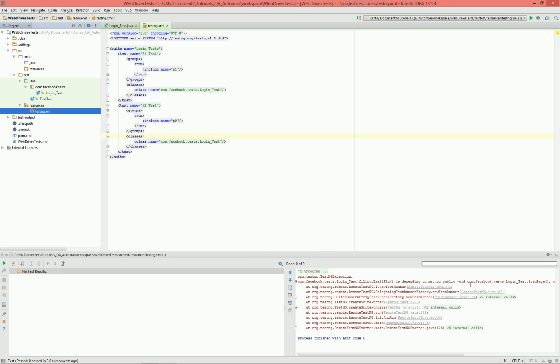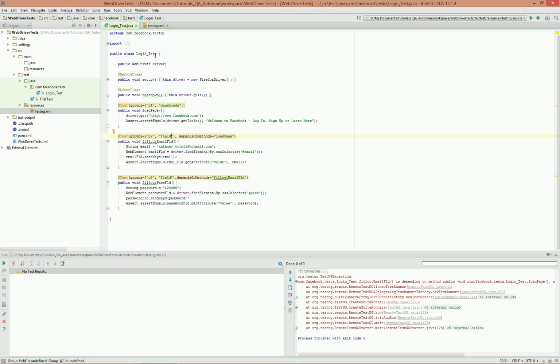Oh, okay, so we're running into a bit of an issue, and I'll explain what the issue is here. When you're running a specific test, it will rely on other things. For example, we have P1 for load page. Well, it needs to run before class, right? We need to set up our driver, which is important. With P2, we're depending on load page, which is also not specified. So you have to remember, when you're creating your groups, if something depends on another, you have to add